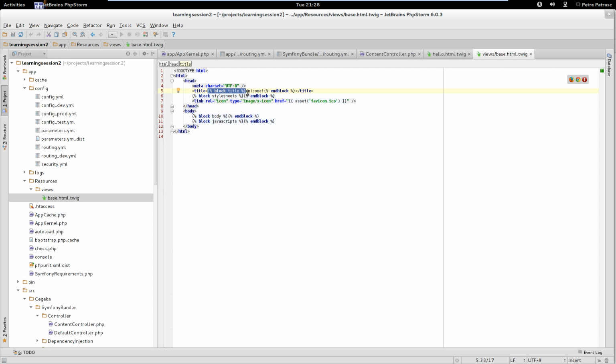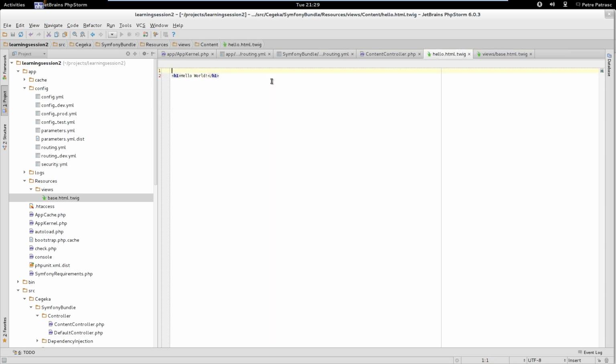So, for instance, I would be able to overwrite the title on any page, because I'm inheriting from this. I would also be able to change any style sheets, or I would be able to use all of the style sheets that are available on any page and add some of my own. I'll show you how in just a second. So we can see that there is also a block body, which is there specifically to allow for content to be added. So in order to do that, we first need to extend